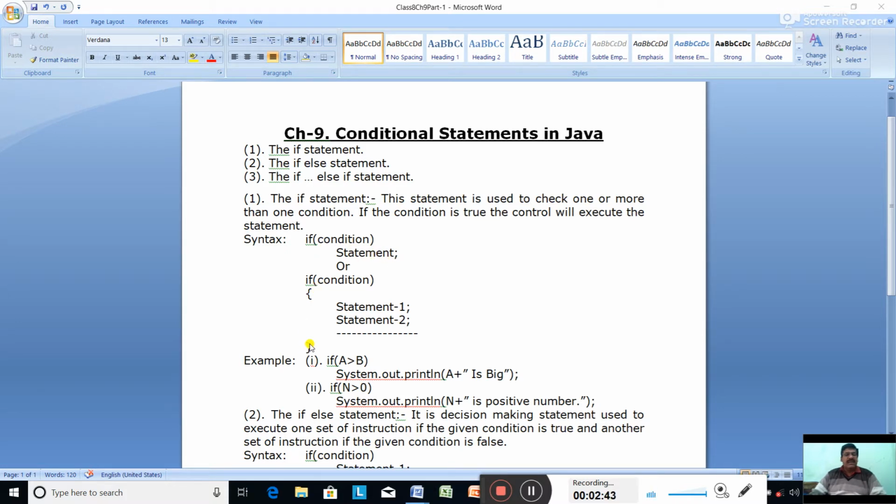It is compulsory when we have more than one statement to be executed following the if condition. If condition is true, then statement 1 will be executed, statement 2 will be executed, and some more. And if you do not put this block, this curly bracket, what will happen? If condition is true, only statement 1 will be executed.